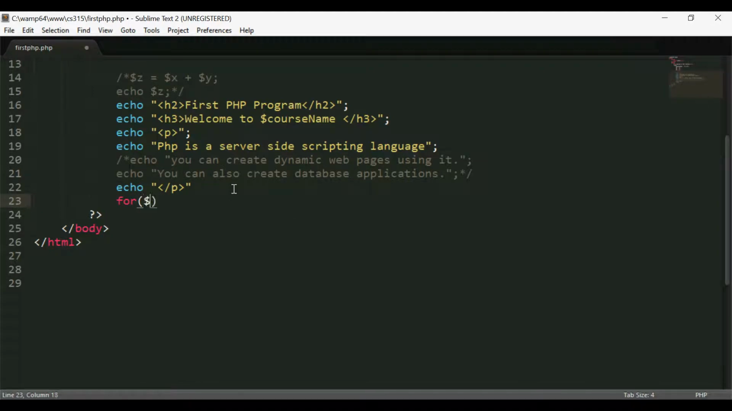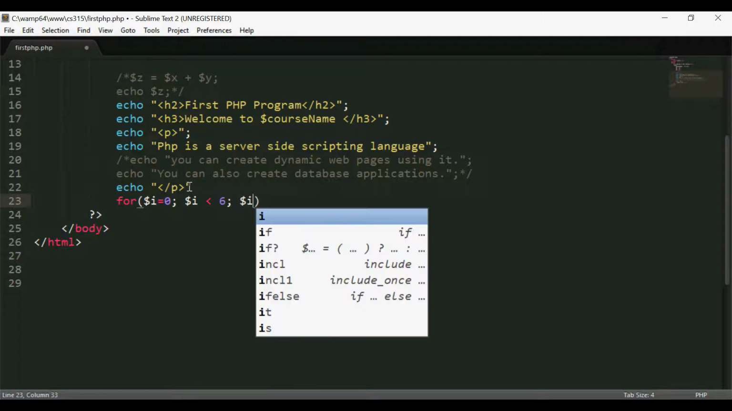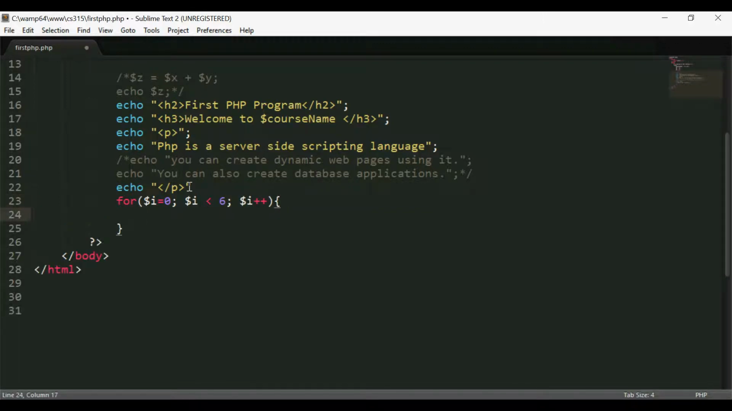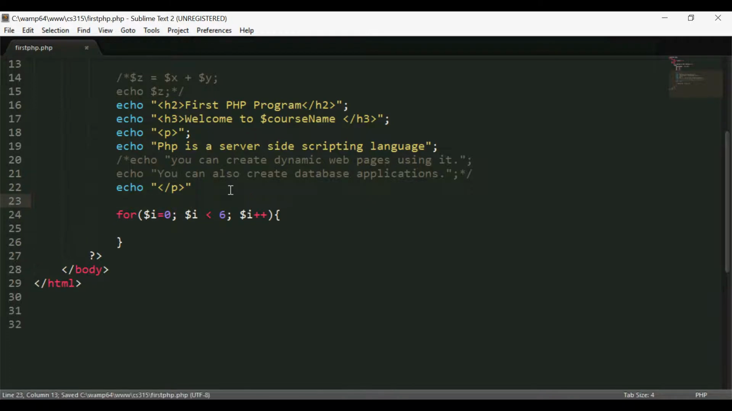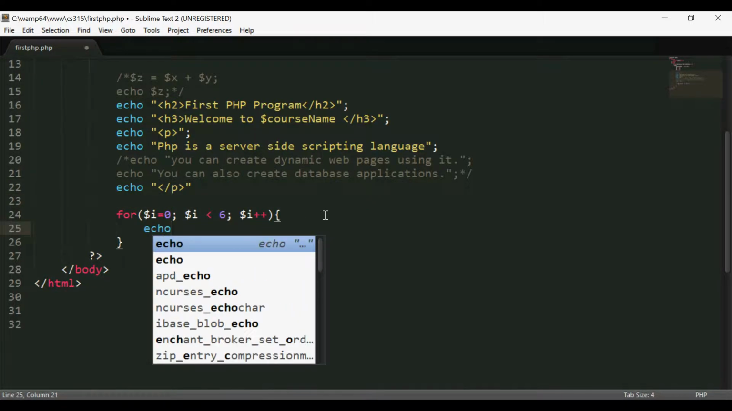So you need to start with an initial variable for the iterations. Right, I'm going to make it $i = 0, and then as long as $i is less than, let's do 6 here, and then $i++. So that's the basic PHP for loop. And let's do this, echo